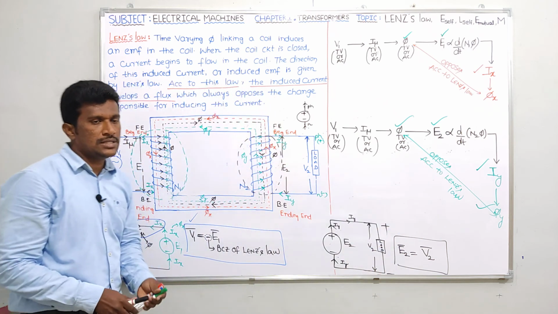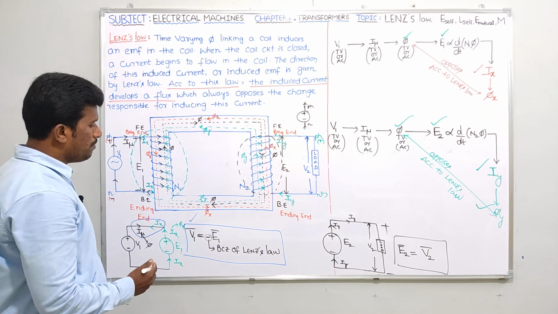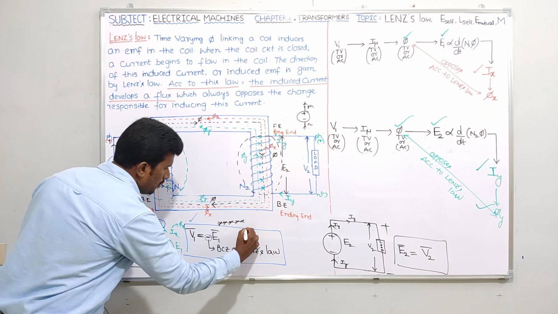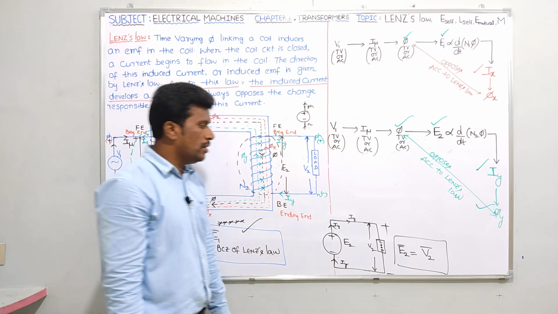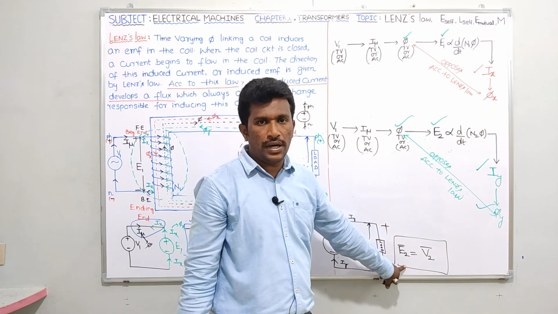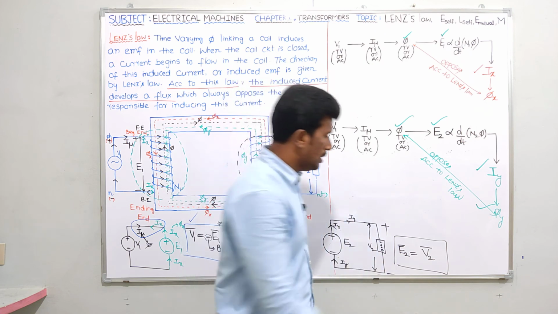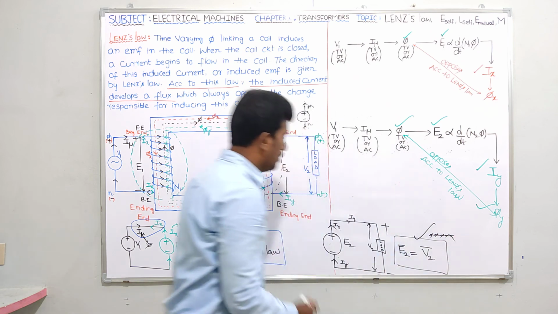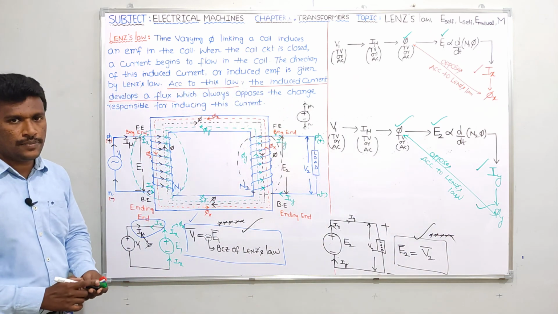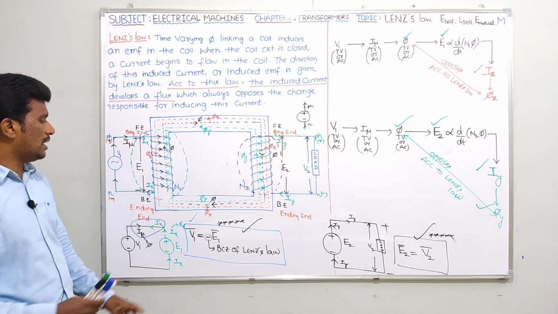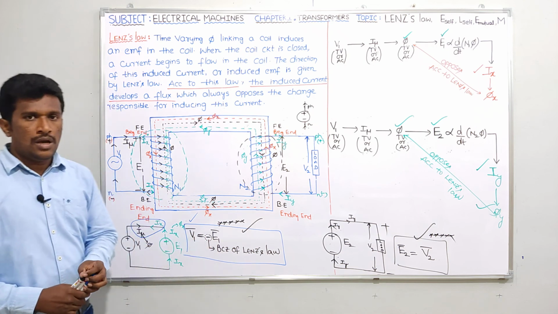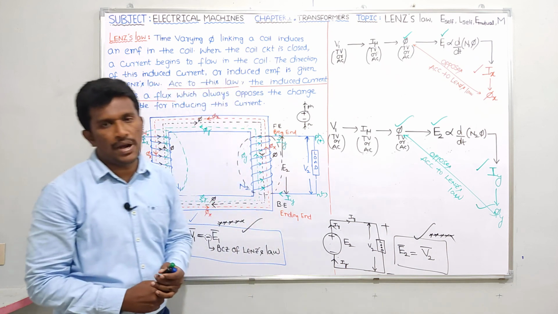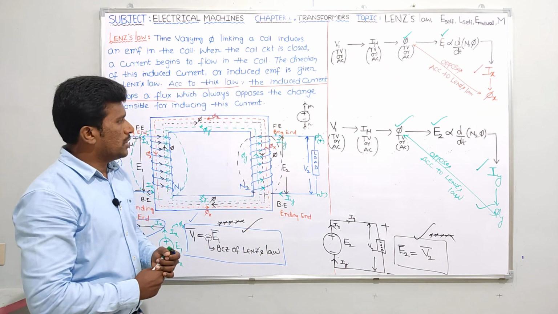So what is the conclusion, guys? On the primary side, V1 bar equals minus E1 bar is correct. It's very important. On the secondary side, E2 bar equals V2 bar. It is not minus V2. Please try to remember these two statements. Ideally on the primary side we can write V1 bar equals minus E1 bar, and ideally on the secondary side we can write E2 bar equals V2 bar. Is it clear?